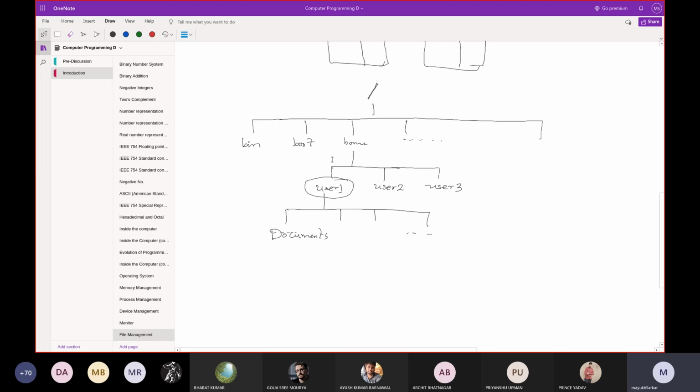The path to a particular directory or a particular file is written starting from the top, that means starting from the root towards down. That is how paths are written. So slash, then home, separated by the corresponding slash, then slash user1, and then if you want to go to the documents, this one.